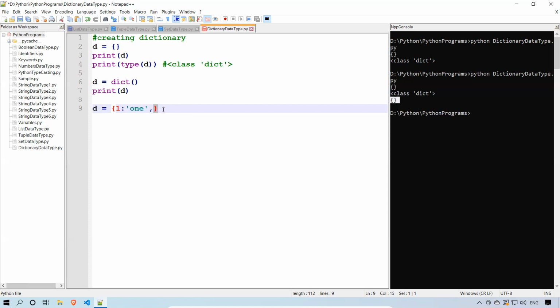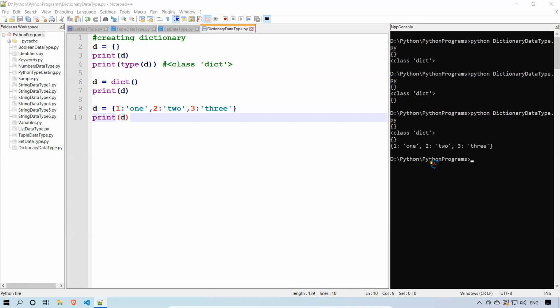In the same way, 2 colon TWO, 3 colon 3, just an example of key value pairs. If I print this, it will print as it is. You see this is a dictionary example with key value pairs.